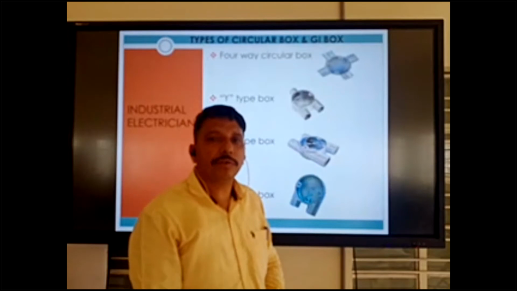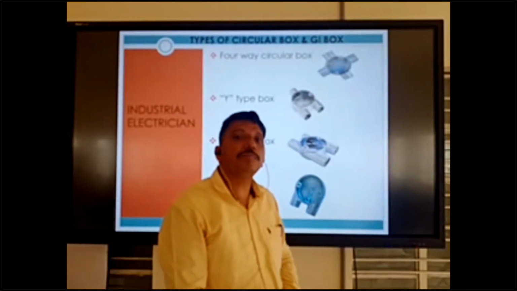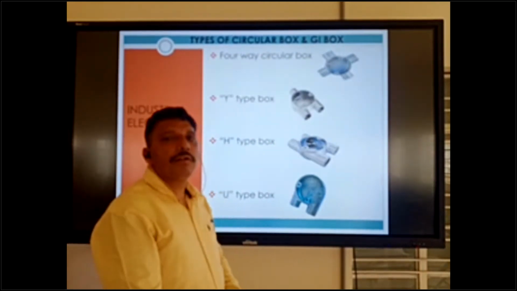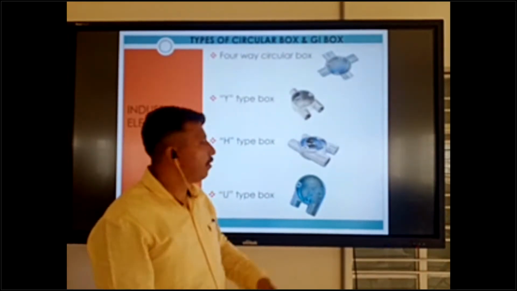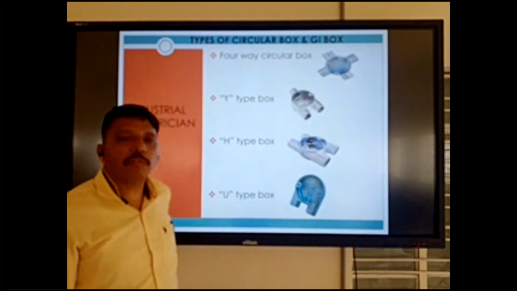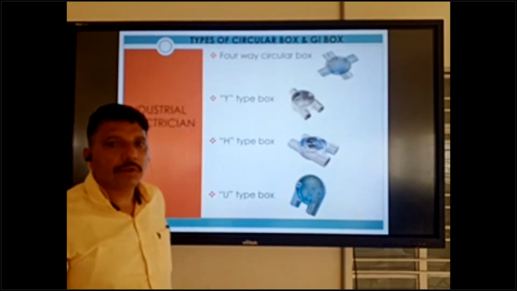It is very easy for conduit installation. That time we can use this type. And the next one is U type, only 2 holes are coming.